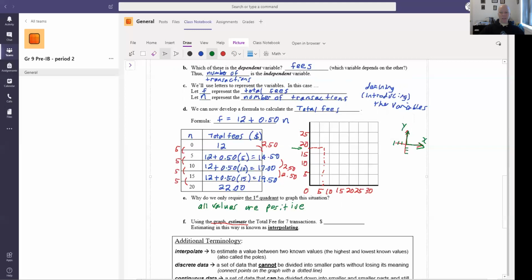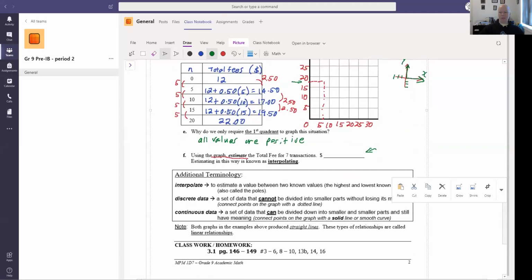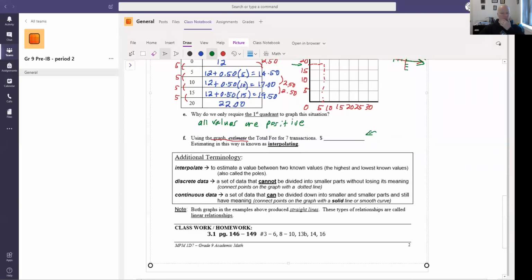But you're going to go up to the line and hang a left and come across and see what that value would be for 7 transactions. Okay, and then we're just going to put that on the line here. Okay, so I'll let you continue that part, please. And then the last little bit here,